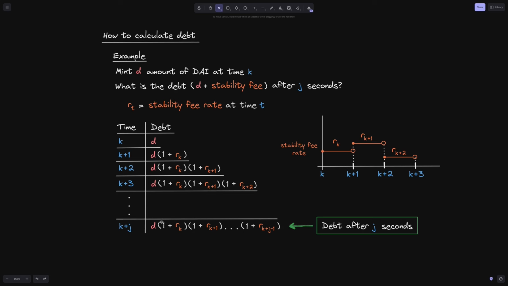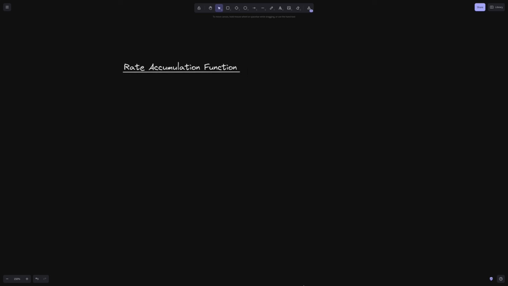It takes more steps to calculate this amount of debt that the user owes. The way that the DAI stablecoin system solves this problem of calculating the debt for all users is by introducing what's called a rate accumulation function. This is defined to be the multiplication of all of the stability fee rates ever since this stability fee rate